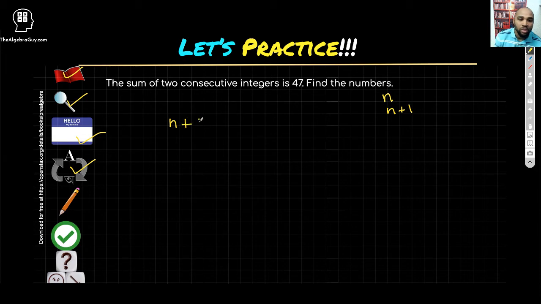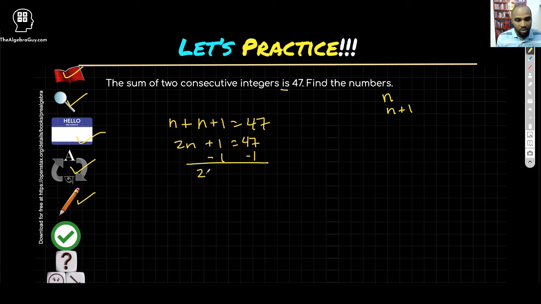The sum of those, n plus n plus 1, is my equal sign, 47. So what two numbers are consecutive and equal 47? Let's solve it. n plus n is 2n, plus 1 equals 47. I'm going to subtract 1. That gives us 2n equals 46. Divide by 2, n equals